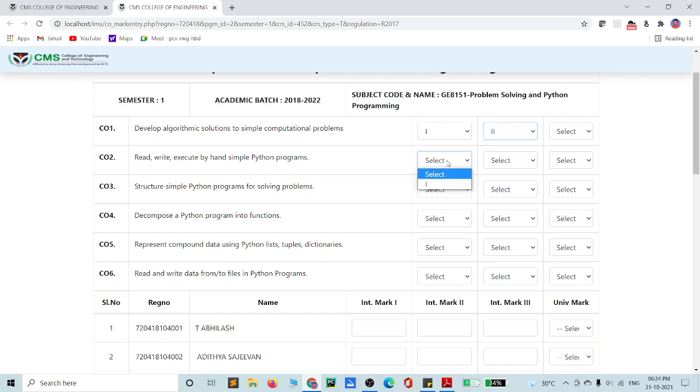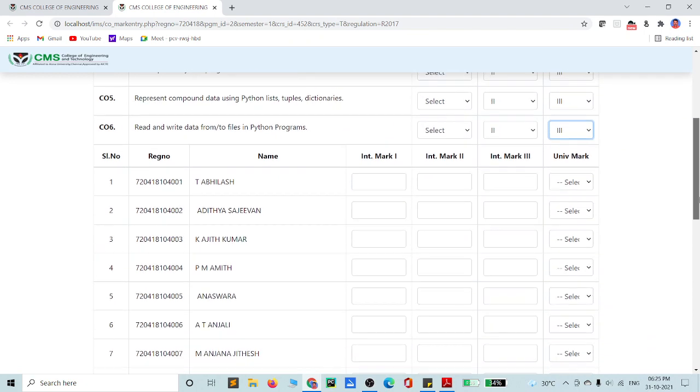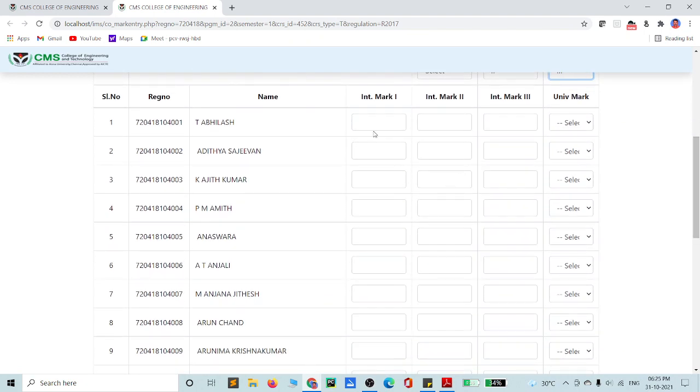CO3 I am asking in the first and second internal, and CO4 in the second and third internal, and respectively CO5 also in the second and third internal. Whichever course outcome you ask in your question paper, you enter the corresponding test value. Then after that you have to enter your marks.